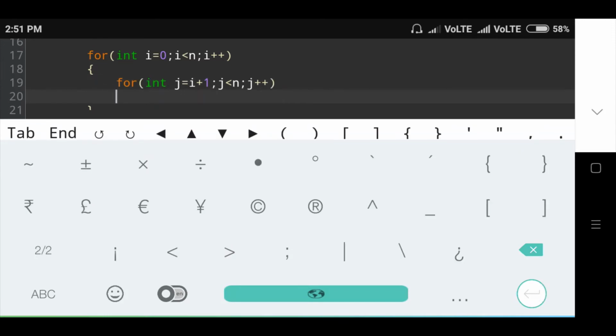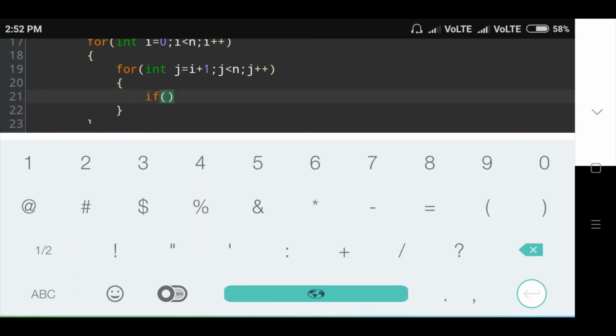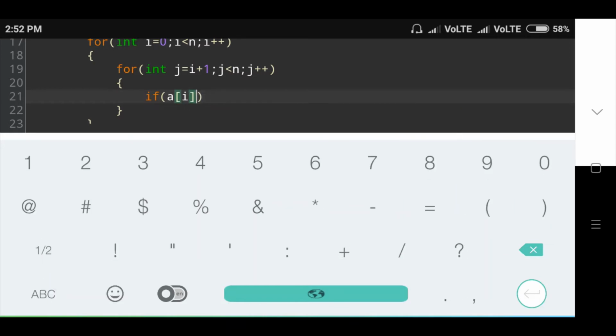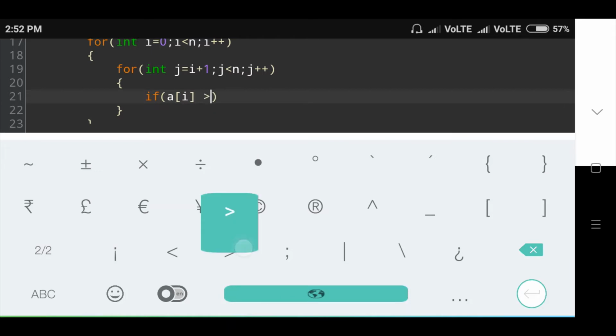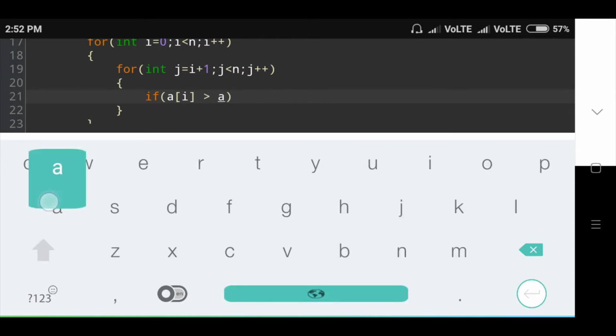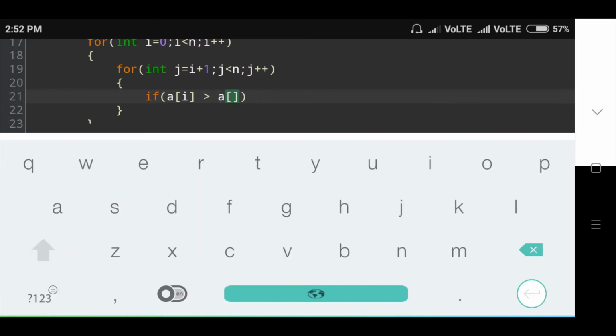Inside this for loop condition, the next condition is the if condition. In that, a of i is greater than a of j. In this condition, check whether a of i is greater than a of j or not.